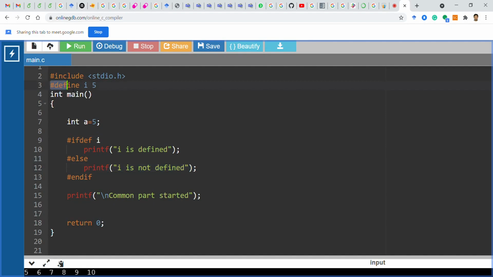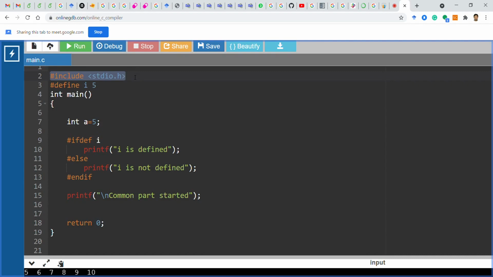Obviously this line will not be present, because this is a preprocessor part. Preprocessor parts don't appear in the preprocessed code. Rather, they are replaced in the original code wherever they have been used. That means this particular line will not be there, even this line will not be there.